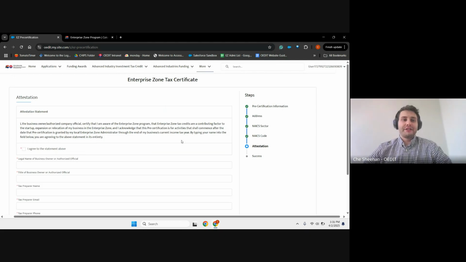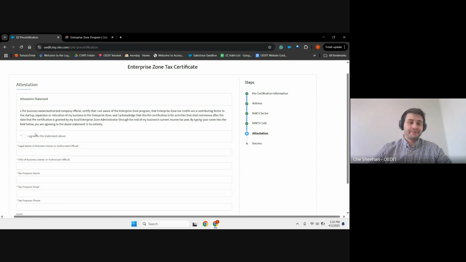And then finally, you're greeted with an attestation where you're certifying that you are aware of the Enterprise Zone program, that the Enterprise Zone credits are a contributing factor to the startup, expansion, or relocation of your business, and that you acknowledge that this pre-certification is only for activities that commence after the date that the pre-certification is granted by the local Enterprise Zone administrator.